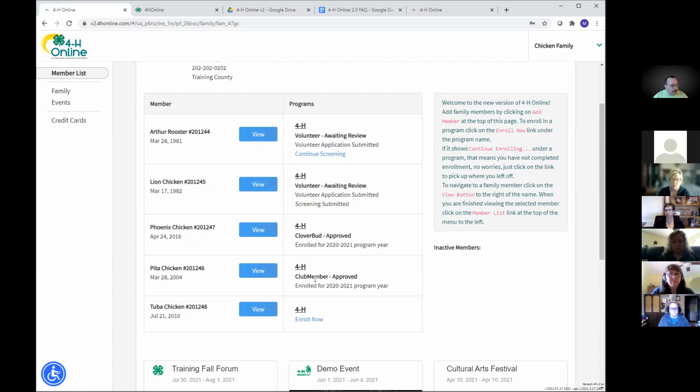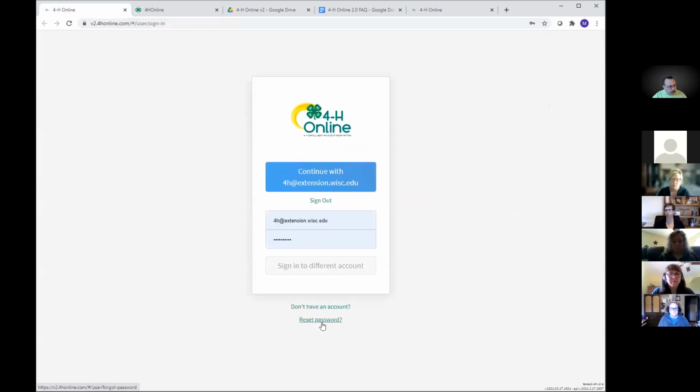PETA Chicken, who is an approved club member. Then we have Tuba here, who's not enrolled. So this is going to basically cover pretty much all the different scenarios that I created in the event setup. So what I'm going to do is I'm actually going to refresh this.